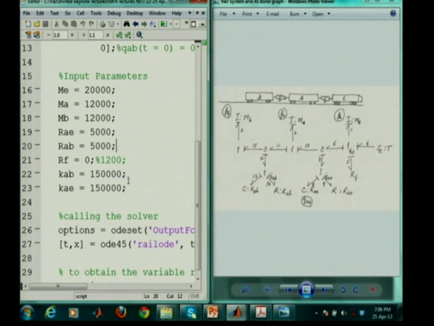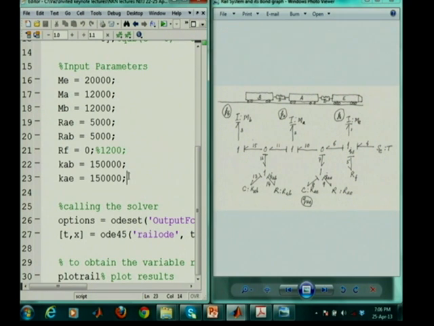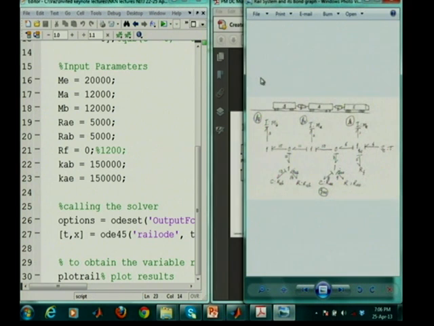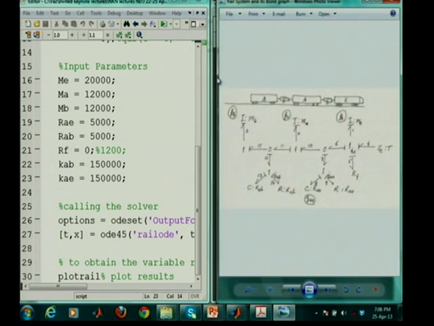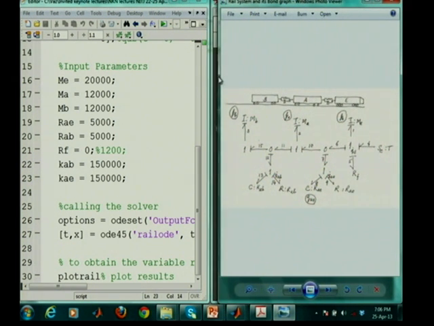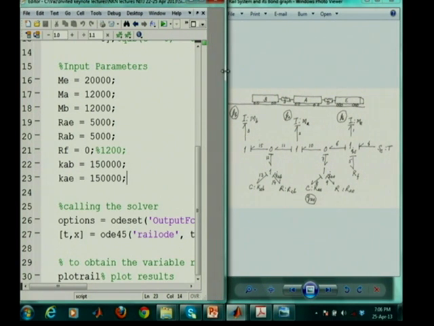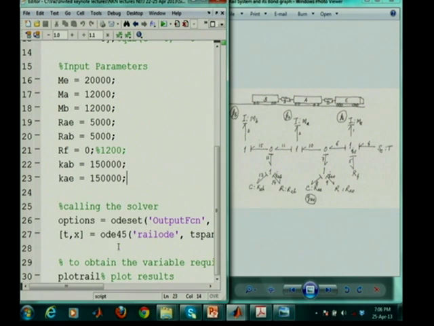KAB as 150,000, and this is in newtons per meter. Okay, you could take it more or less. SI system of units has been followed. The next is, yeah. So the next is we specify this